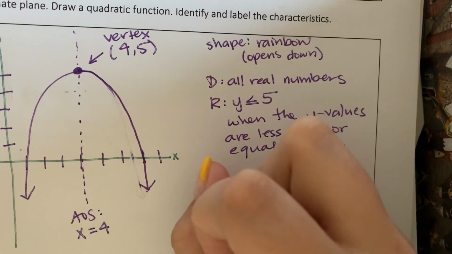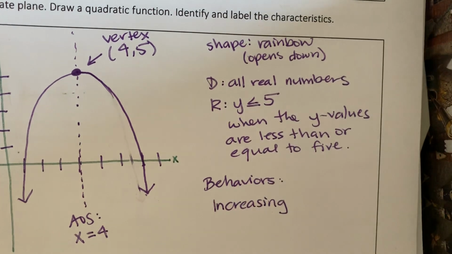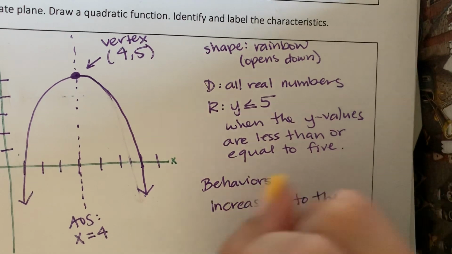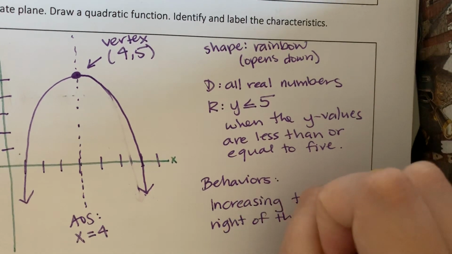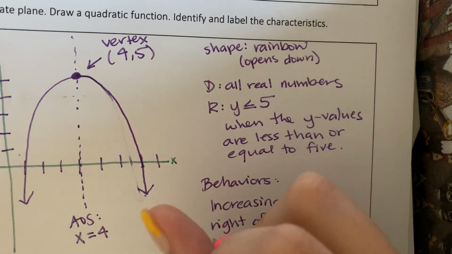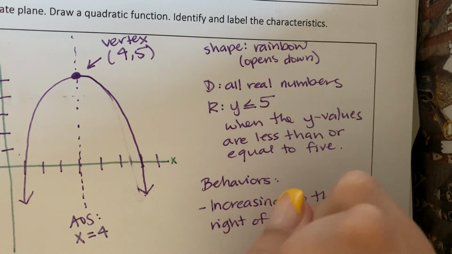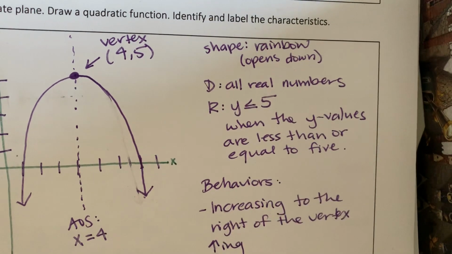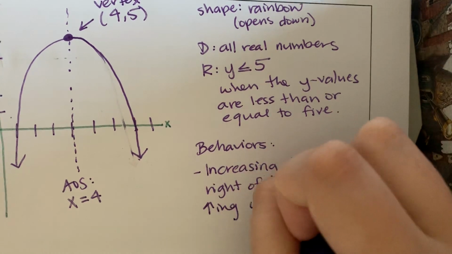So we are increasing to the right of the vertex, or you could write it as increasing. You could abbreviate it with an up arrow, increasing when x is